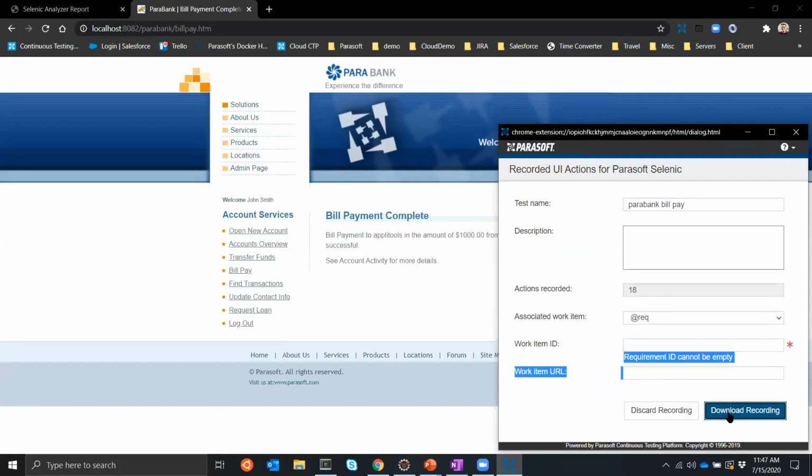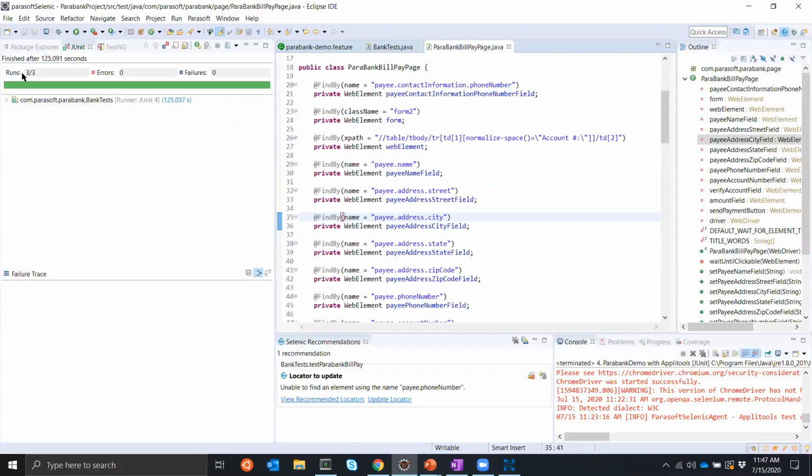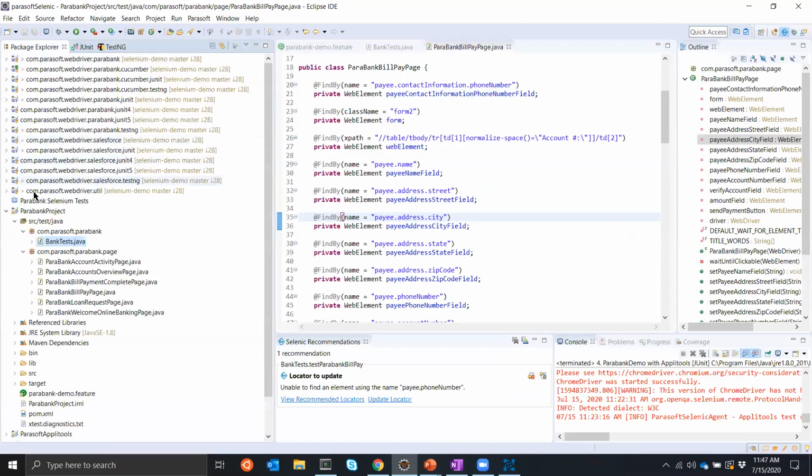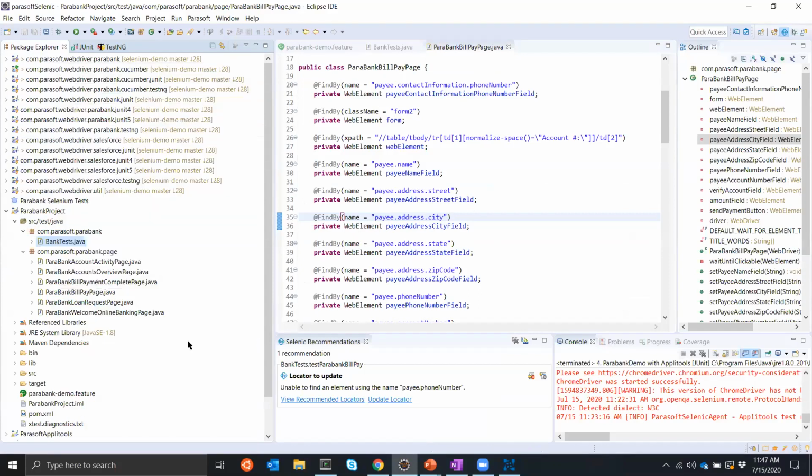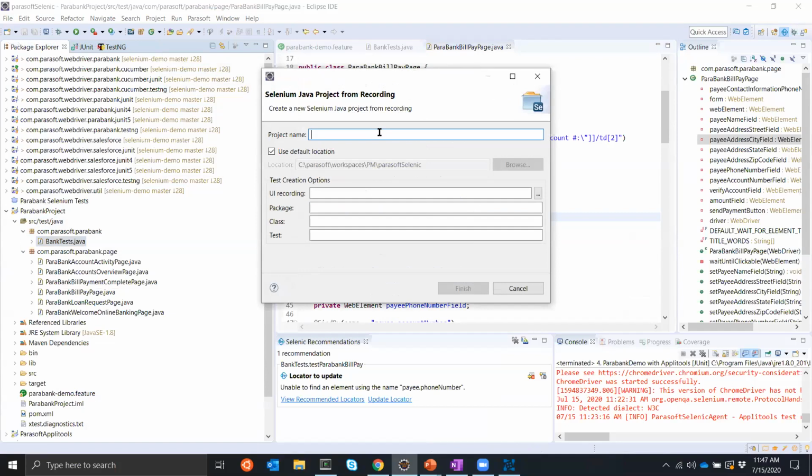That gives me a file that I can use inside of my IDE. I'm not going to get really deep into this, but I have the ability to either update an existing test, thus updating the page objects or adding new page objects, or if I'm brand new and I have no tests, I can just create a new Selenium project,